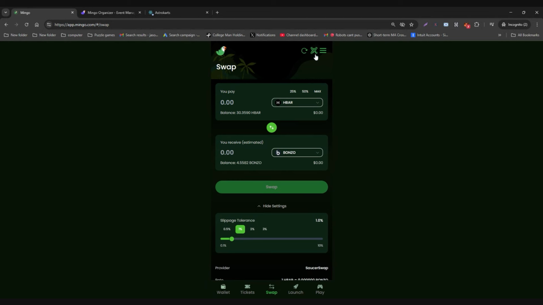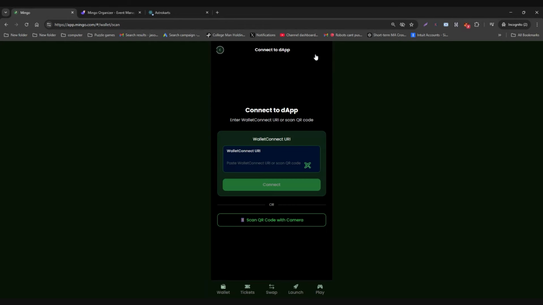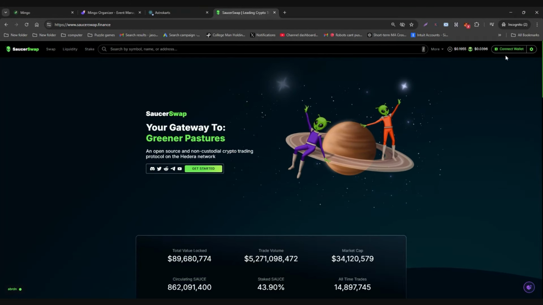The next part that is worth pointing out is the WalletConnect. So WalletConnect is now 100% operational. You can obviously scan the QR code with your camera device, or you can connect the URI if you're in browser. So obviously here you can see you are always able to access your Mingo wallet at app.mingo.com. That will then open it here in your browser, and you will be able to interact with sites this way. So if we go to something like Salsa Swap now,